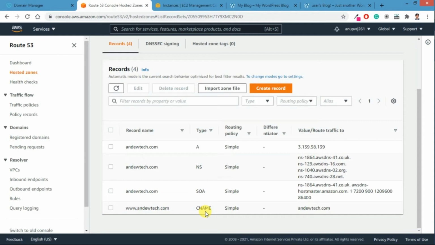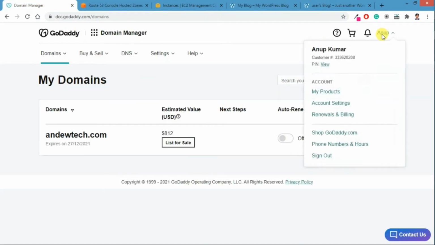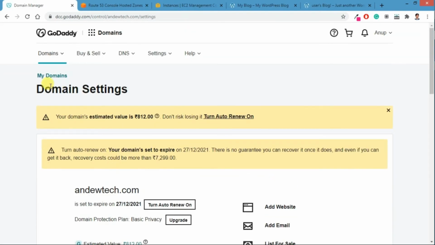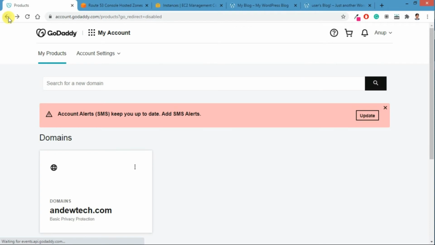Now another thing to do: you must have the login credentials of the company from which you purchased your domain. I have logged into my GoDaddy account, and here I will go to my products. Once I click, there are two ways. One way is to just update the IP address, the A record, in your domain, and that's all, your website will be pointed.